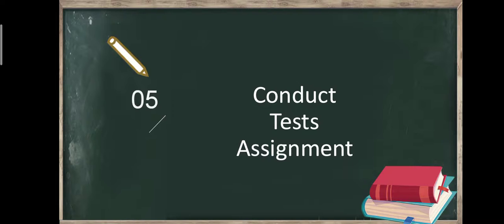Then regarding tests and assignments. Without tests and assignments, we cannot assure any kind of learning. So in order to conduct a test, you can conduct a multiple choice type test as well as a descriptive type of test. There are facilities for conducting all kinds of tests. And what is the advantage here? For conducting tests, especially when you are using Google Forms and all, it is difficult for people having difficulty in typing, having low typing speed, etc. It will be a difficult task to type all the questions in the form.